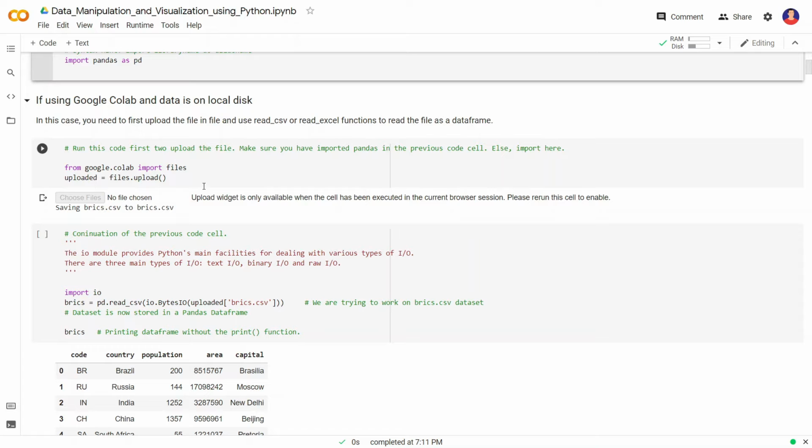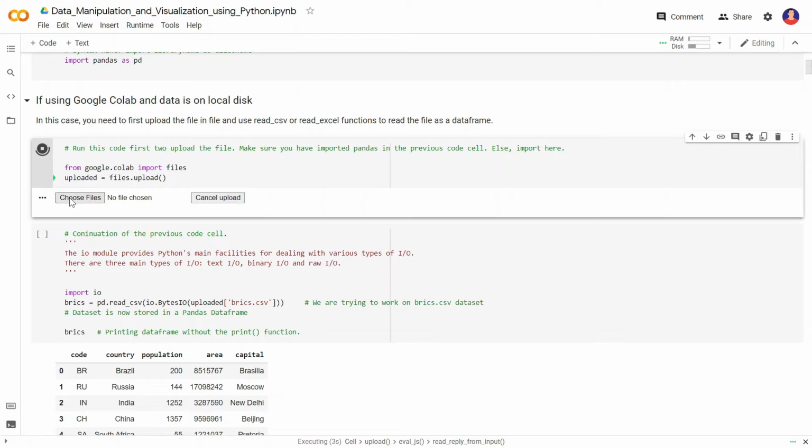Now we are working in Google Colab, that's also a Python notebook. In Google Colab, there are mainly two ways. Number one is to mount our Google Drive to Google Colab, upload the dataset to our Google Drive and directly import from there by the path, or we can directly upload from our device. So we are using from google.colab import files, uploading the file using the files.upload function. So let's run it.